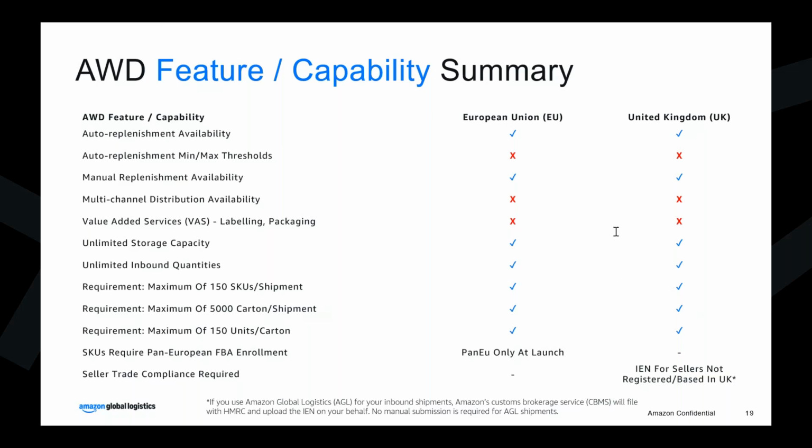Okay, then shipping sources restricted to only China. Can you send inventory to UK and EU AWD from a UK warehouse? Yes, you can do domestic shipments. I'm just talking about Amazon Global Logistics because I'm an account manager, business development manager for Amazon Global Logistics. This is an Amazon Global Logistics webinar, so this is our focus, but AWD is also available for sellers that do not ship from China, that are doing domestic replenishments. So feel free to get started once this is launching in the middle of August.